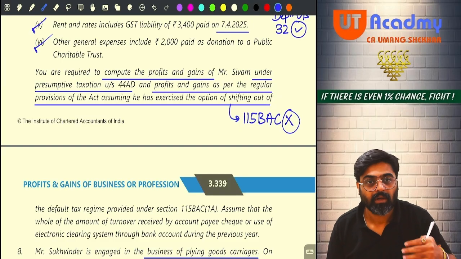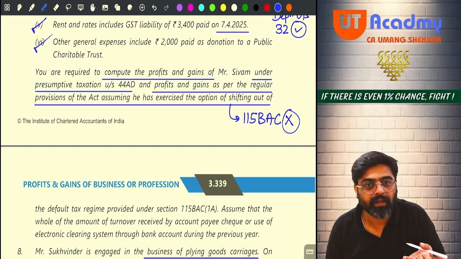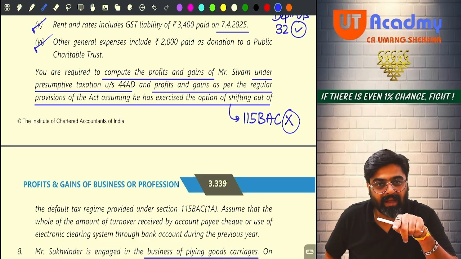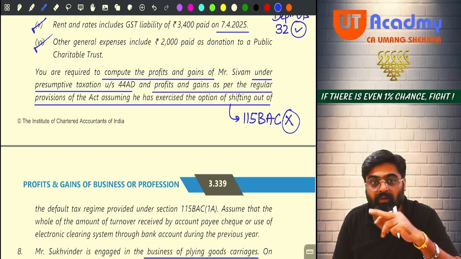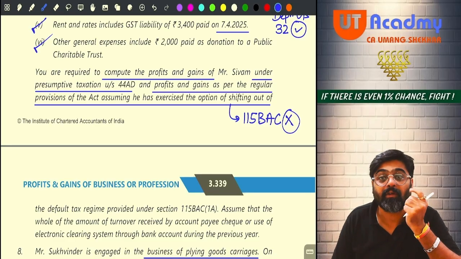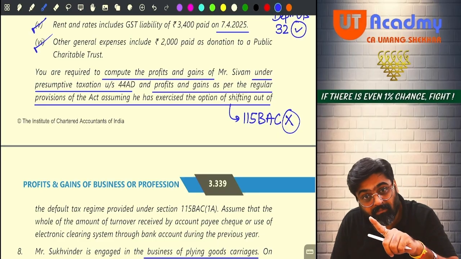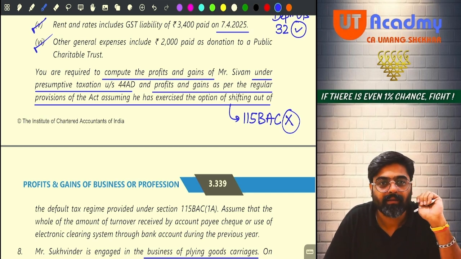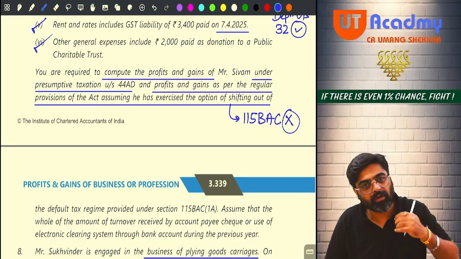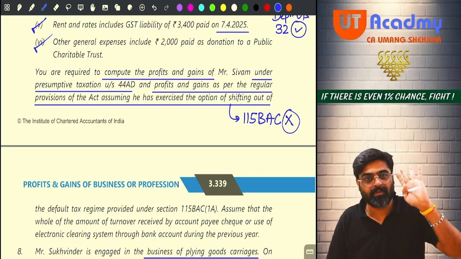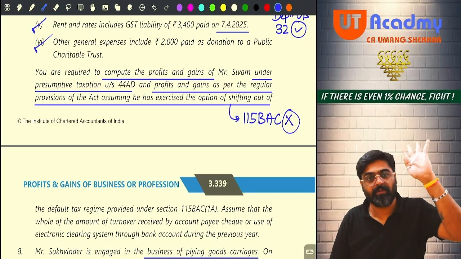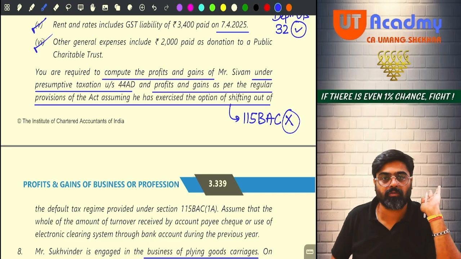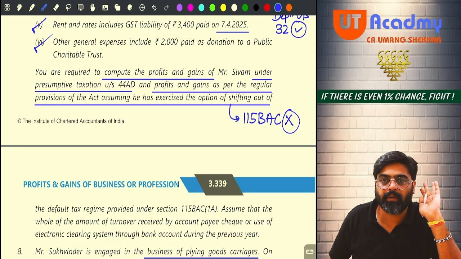In this question, right now, we will be calculating the profits regularly by following the indirect method. And when I teach you 44AD, then again we will come to this question. And for Shivam, for the same business, we will be calculating profits as per 44AD also. Getting my point, sir? Right now, our focus will be only to calculate regular PGBP income for Mr. Shivam. Later on, when we learn 44AD, we will again come to this question. Sure, sir? Everyone? Now,